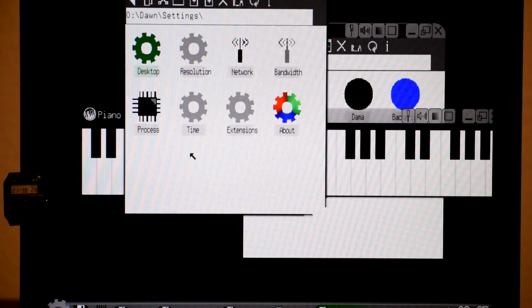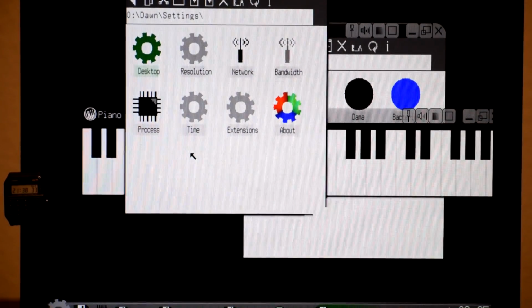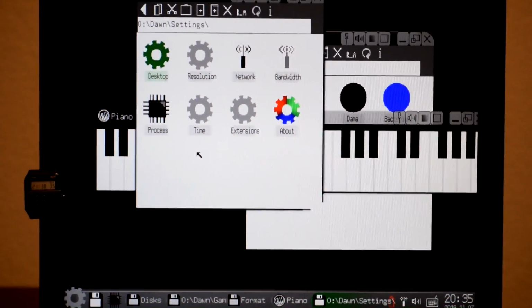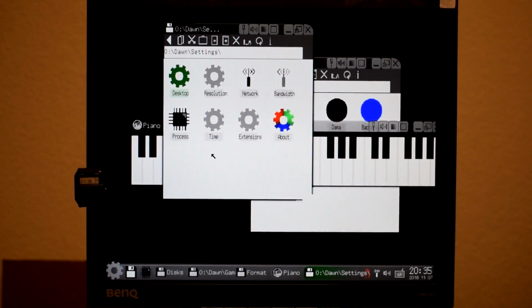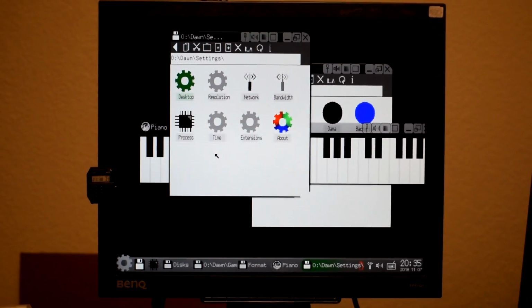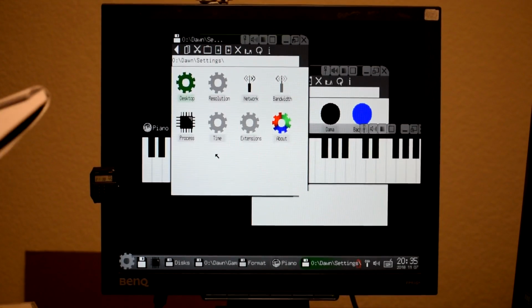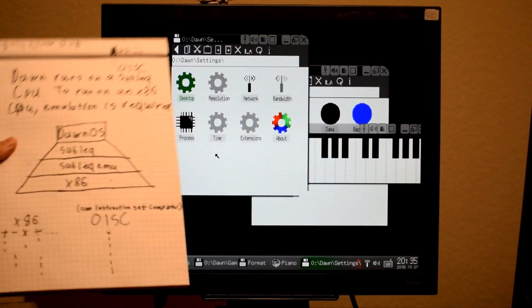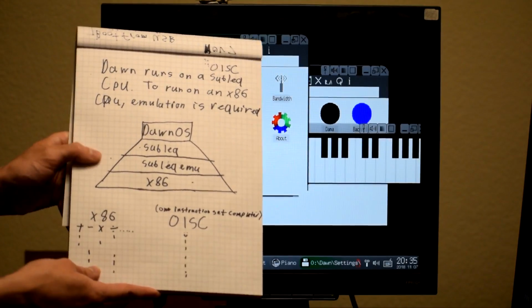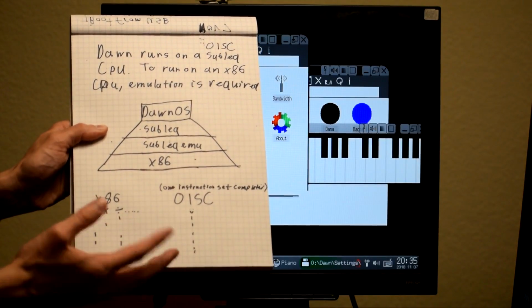Now, the technicalities behind this operating system have gone way, way further past my knowledge than I actually expected in any way when I started working on this. So I sort of wrote it down to break it down a little bit. Dawn OS runs on an OISC CPU